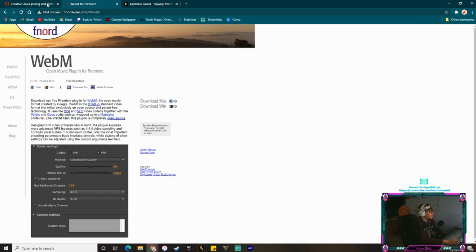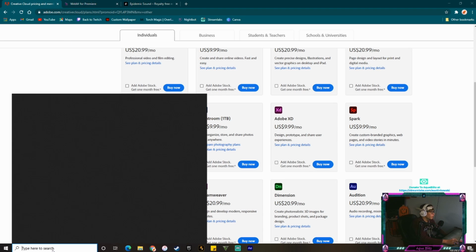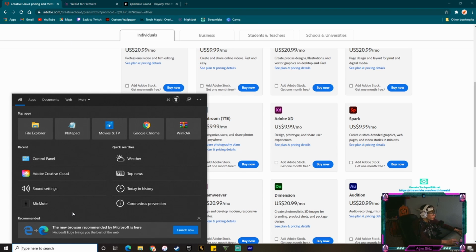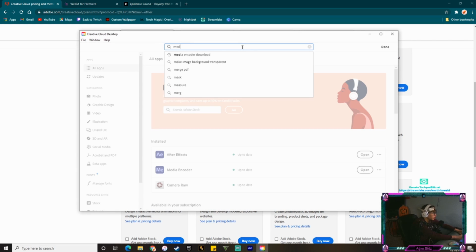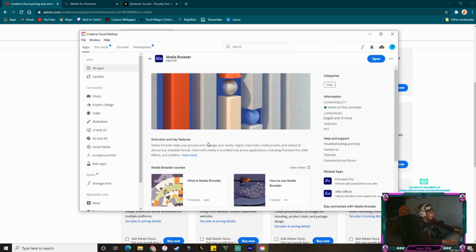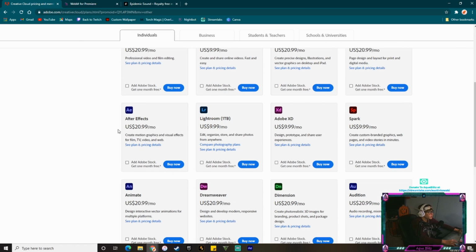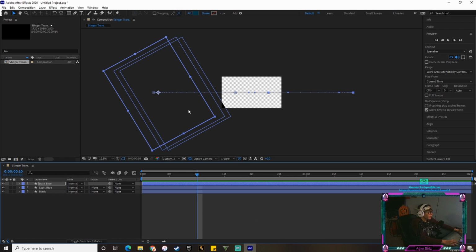And then you're also going to need to download, once you get Adobe After Effects, it'll download, you'll install it and everything, you'll get your Creative Cloud. You're going to come here and you're going to type in Media Encoder, and the apps will pop up. You're going to download that also, and then you should get both of that. And then once you download Media Encoder, if you go back into your thing,